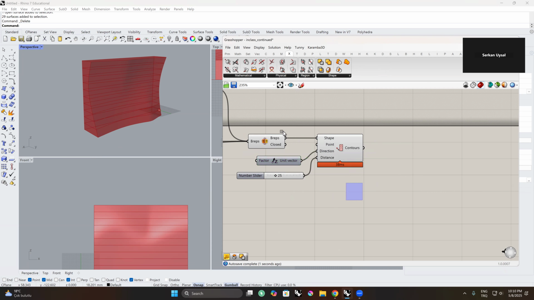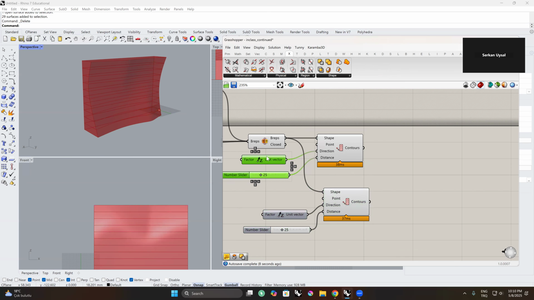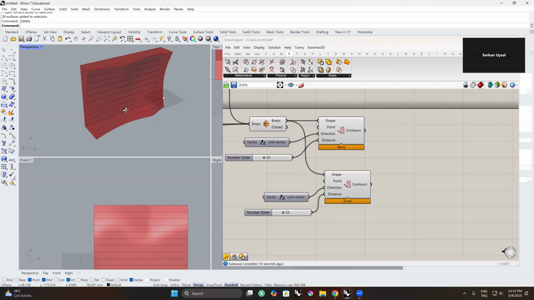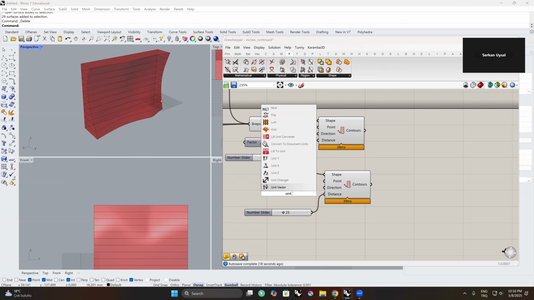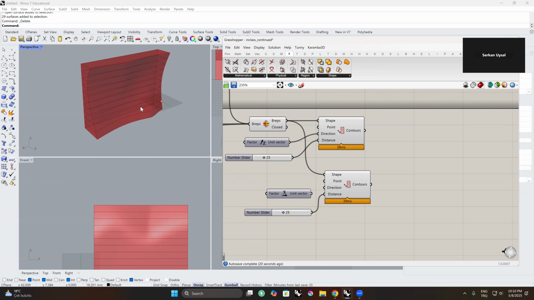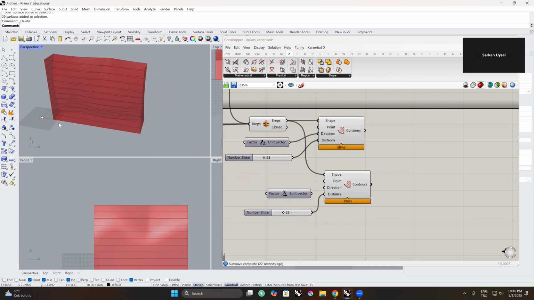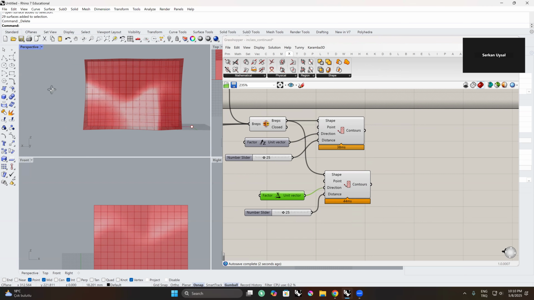Same thing. But we need another one, and we need that in the other direction. And that other direction in this instance is not going to be Z, but it's going to be unit X. Why? Because my surface is now oriented along the x-axis, so we need to dissect this in the x direction. Like that. Okay. So now I have